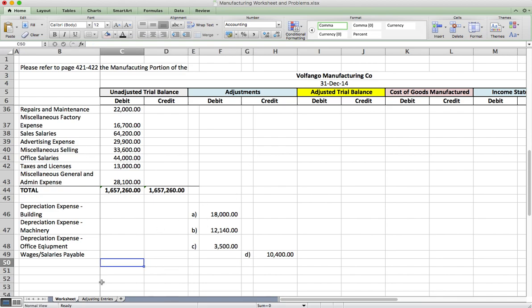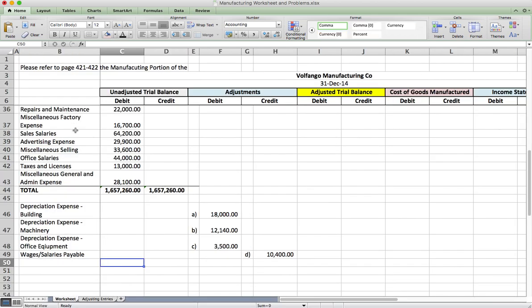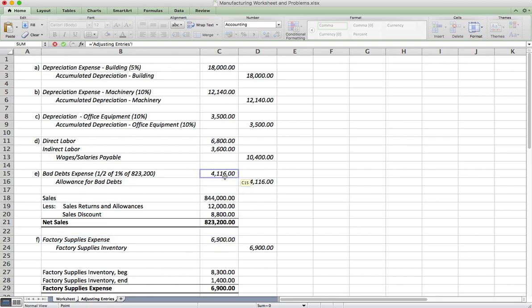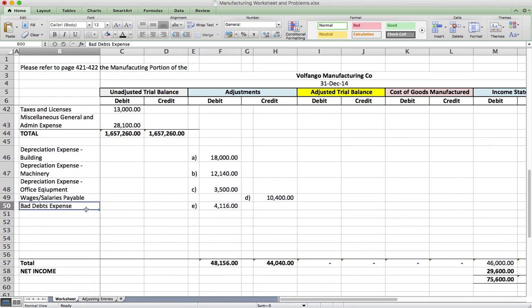Next, adjusting entry, bad debts expense. Meron na ba tayong bad debts expense? Wala. Ang bad debts expense class ay, ano to? Administrative expense. General and administrative expense. Why? Because this is expenses related to collection. Kahit meron kang production o wala, meron ka nitong expense na to. Kaya general and administrative. Of course, this is not selling expense because you do not incur this upon selling. You incur this upon what? Upon